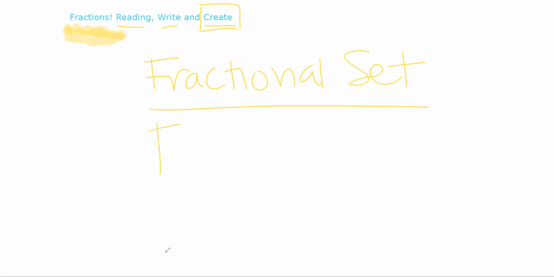Okay, so here we are today. We're continuing to work with fractions. Yay, fractions. As we get into fractions, we're going to be thinking about this idea of reading, writing, and creating them based on what we get. This is all work that's going to build on some of the stuff we've already been looking at, and ideas of a fractional set. Keep using that, right? Fractional parts,